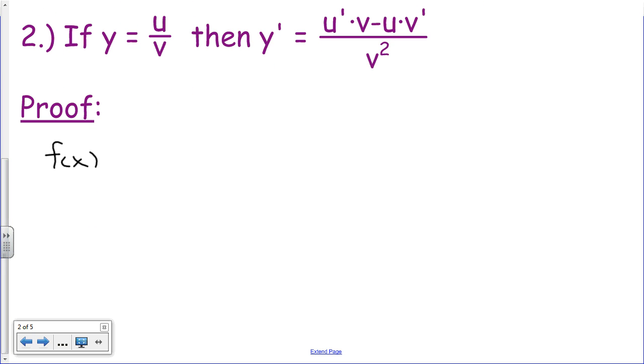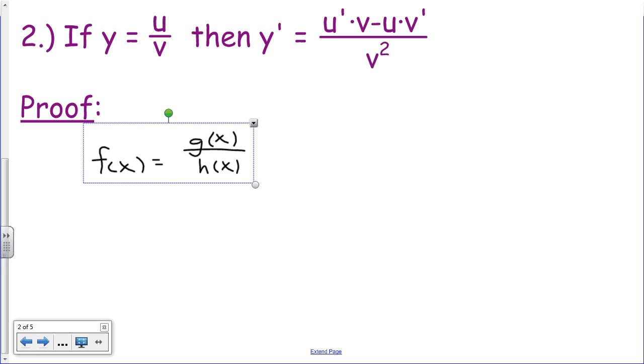F of x is equal to g of x over h of x. In fact, we'll say let, that's what we usually write down, so I'll put that out front. Let f of x equal that. Okay? And we want to show what the derivative of this function is equal to, and we could go through